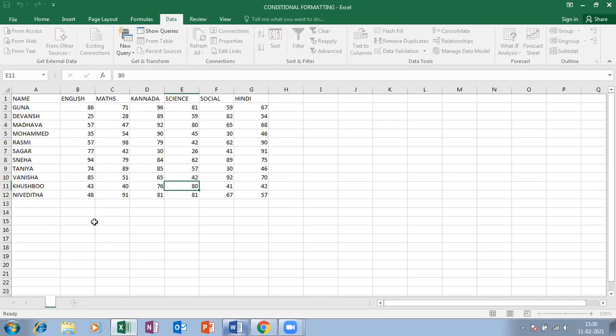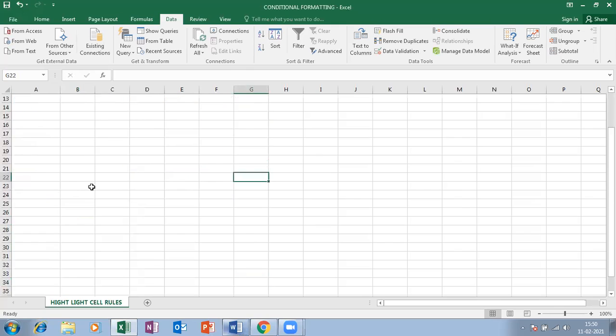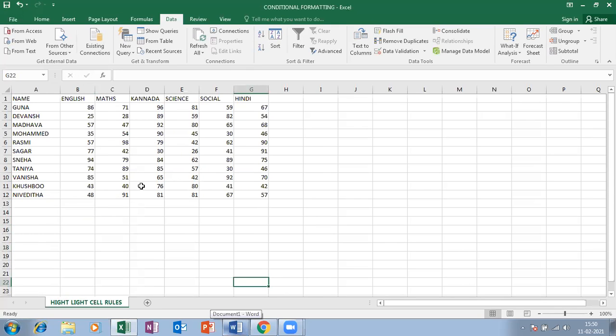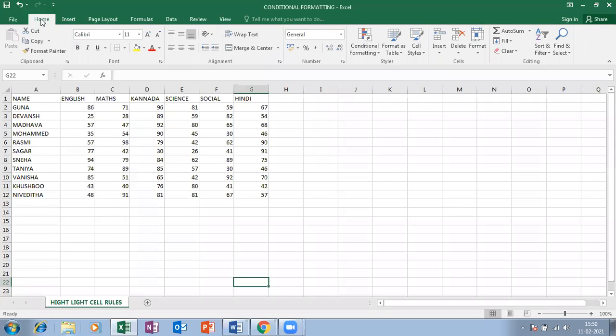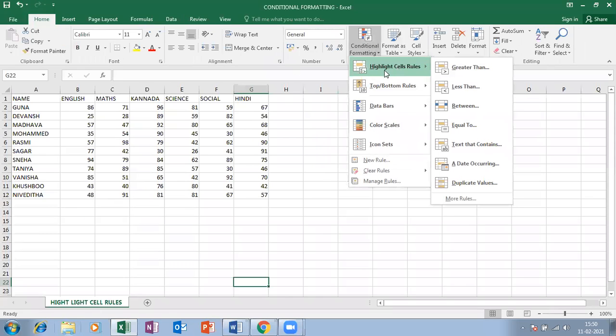Okay. Next class, the first thing we are going to do is highlight cell rules. So let me rename the sheet too: right click, rename, Highlight Cell Rules. Let me save this. Is it clear until here for everyone? We have created the data and saved it, with the file named conditional formatting and the first sheet, which has the data, named Highlight Cell Rules. We will see that in our next session.